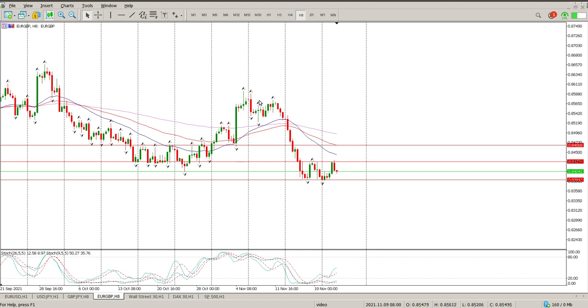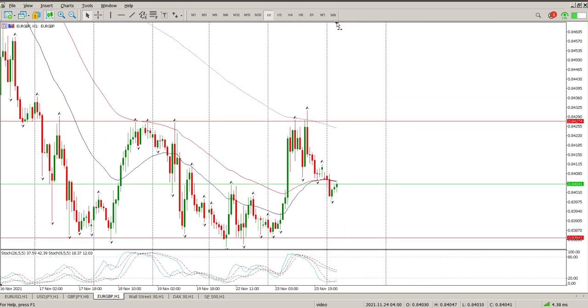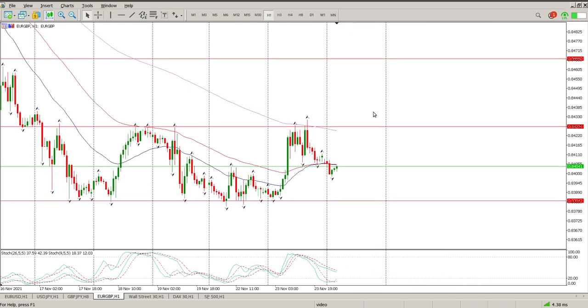It's sideways, break up, sideways, down, sideways. So we're looking for a repeat of the pattern. So is it going to be up or down? If we look at the price action right now below the moving averages, it's looking like a move to the downside. If we move across to the hour, which will give us clarity, you can see the bounce off